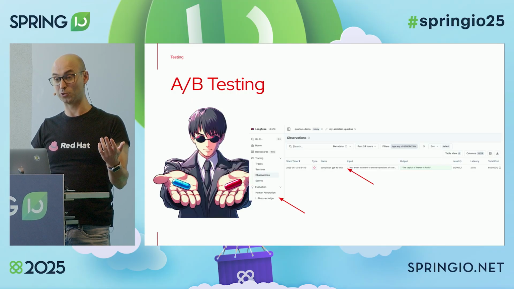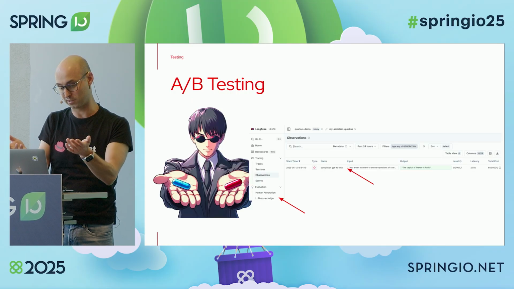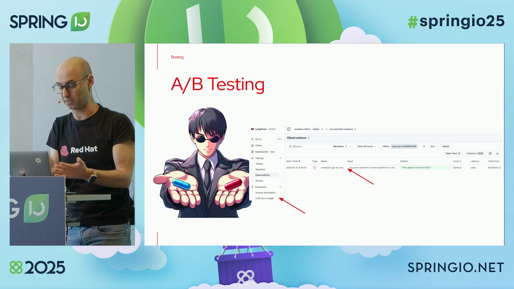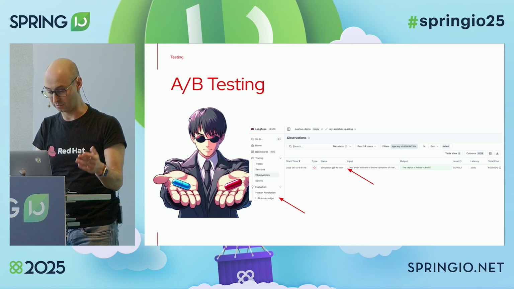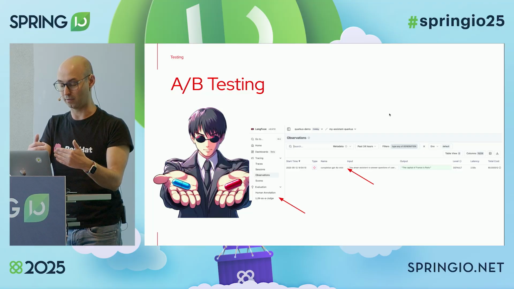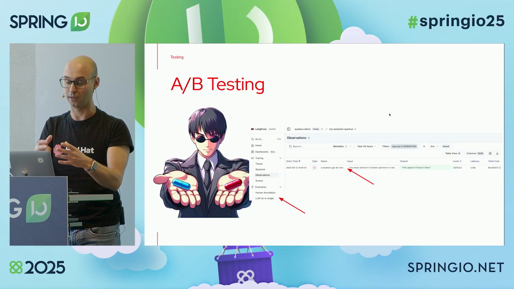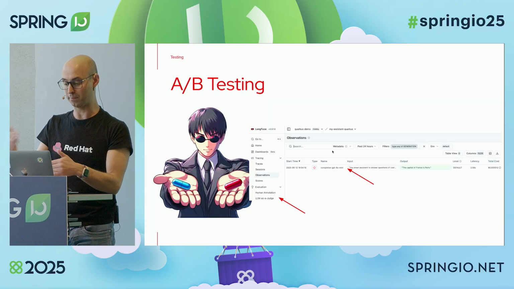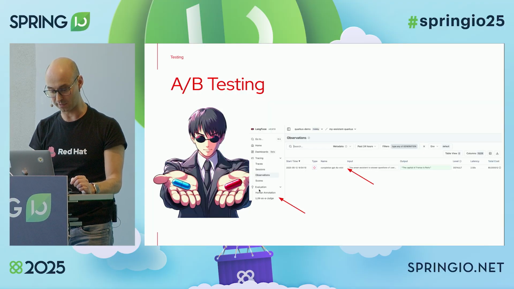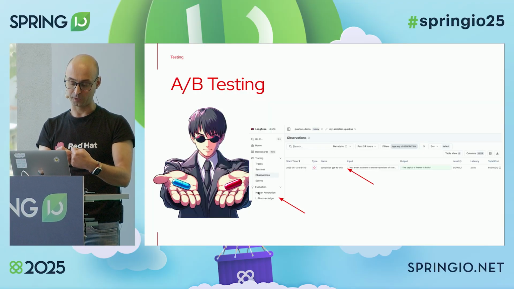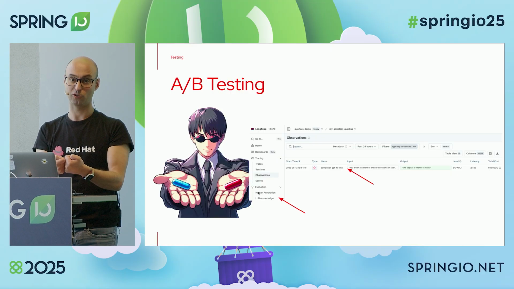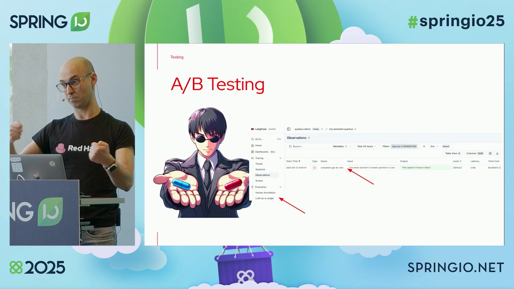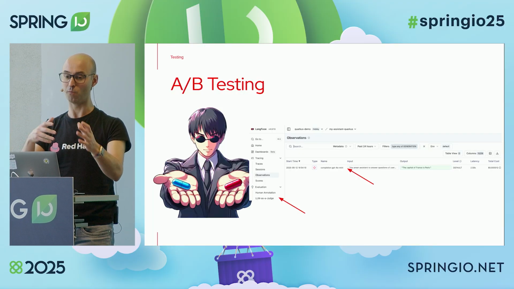Of course, to do this, you will need a monitoring tool. In this case, one monitoring tool that I like is Langfuse. Okay, it's an open source project, and it just observes all your AI part of the application, and you can start getting all the inputs, outputs, and so on. And you can even configure an LLM as a judge. So you can get some kind of statistics of knowing which model performs better.